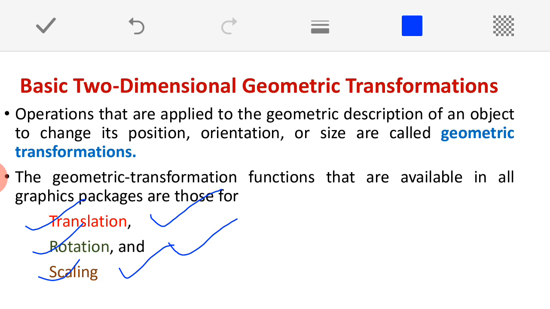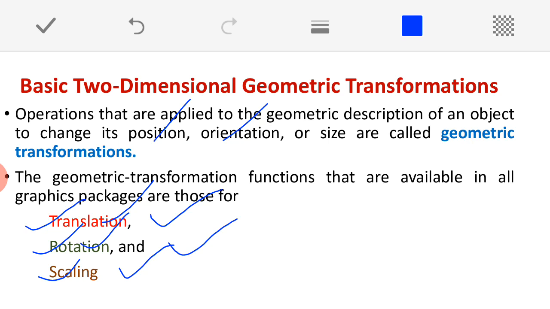If you want to move an object from one place to another place, as an animation effect, then we can go for translation. That is nothing but changing the position. Changing the orientation means, with respect to an angle, I want to rotate the object. For example, say you are moving a cycle, your wheel should rotate, and that effect you should get. How will it be done? By using rotation.